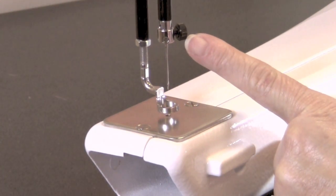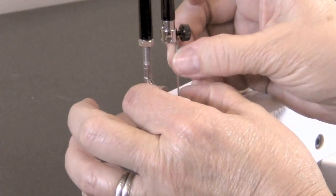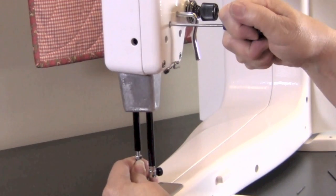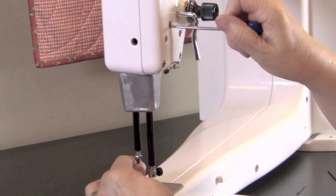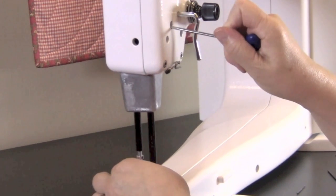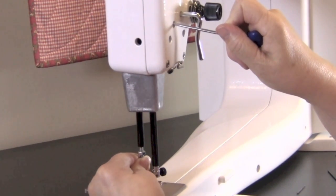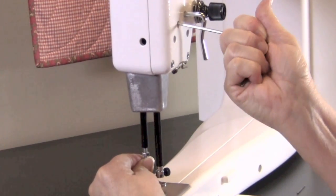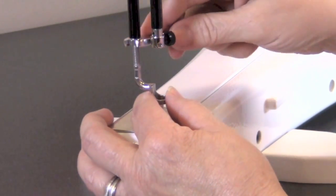Once the needle's in its highest position, we're going to remove the needle. Loosen the screw by turning it counterclockwise. Do not turn it more than one full revolution. Hold the hex tool firmly down, and with your other hand, raise the hopping foot to its highest position and retighten the screw. Using your 8mm wrench, loosen your lock nut,